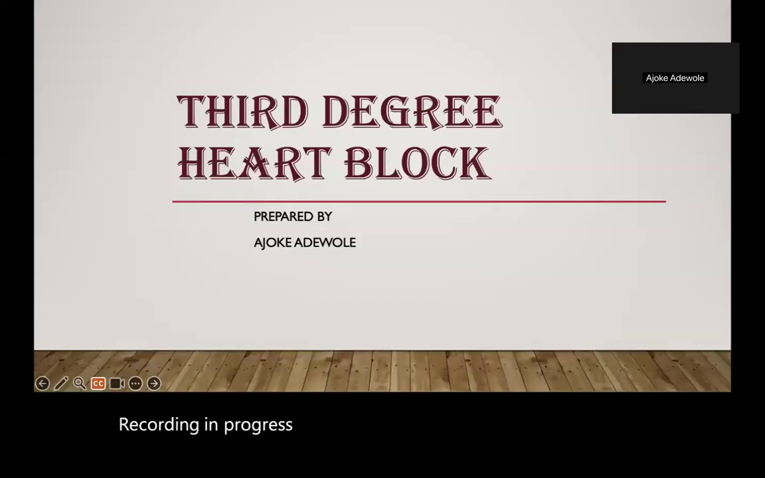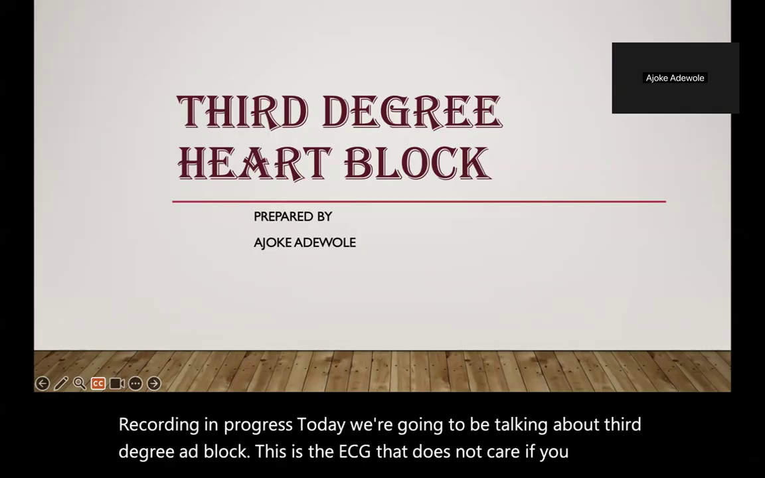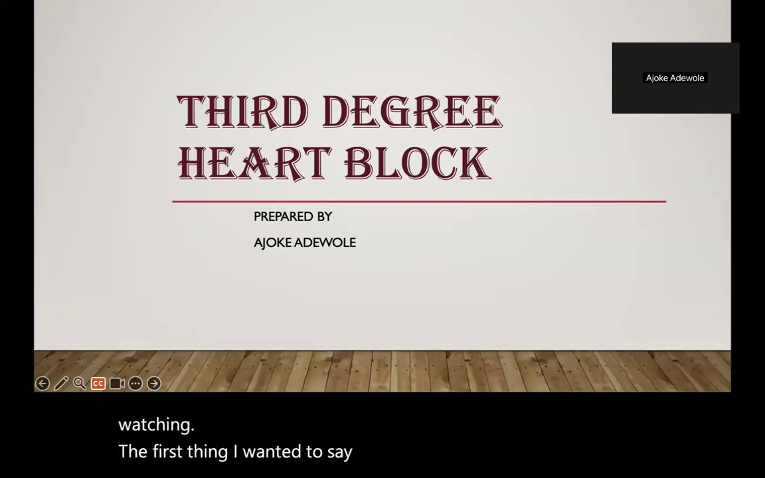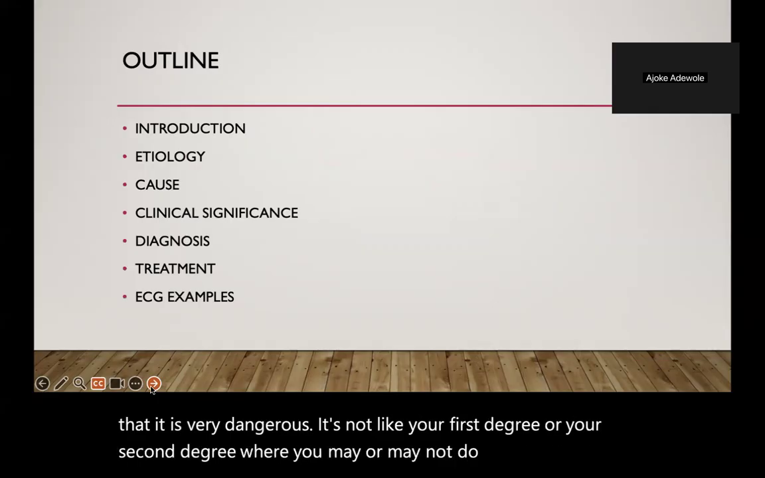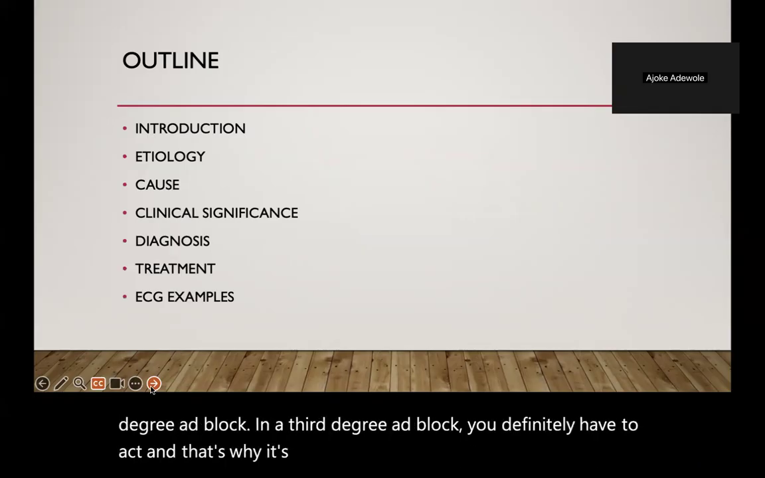Today, we're going to be talking about third degree AV block. This is the ECG that does not care if you are watching. The first thing I wanted to say about third degree AV block is that it is very dangerous. It's not like your first degree or your second degree where you may or may not do something. In a third degree AV block, you definitely have to act, and that's why it's important that you know what